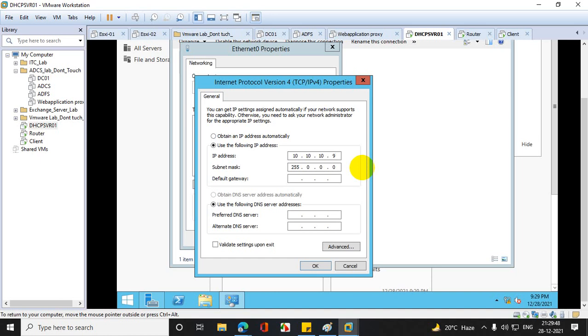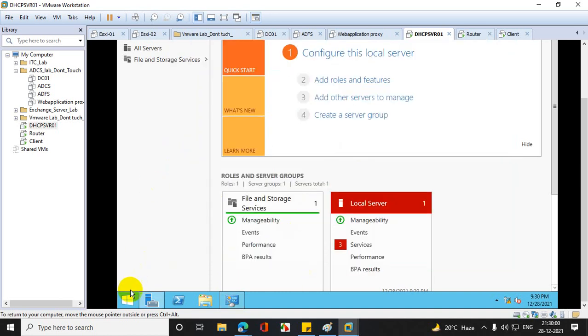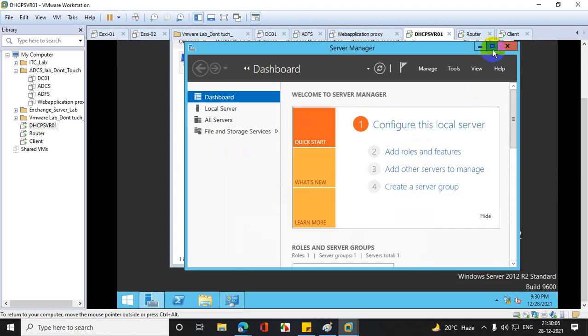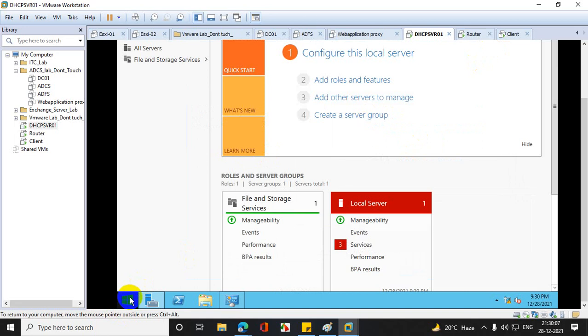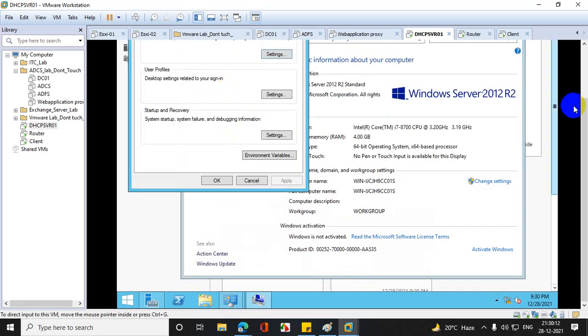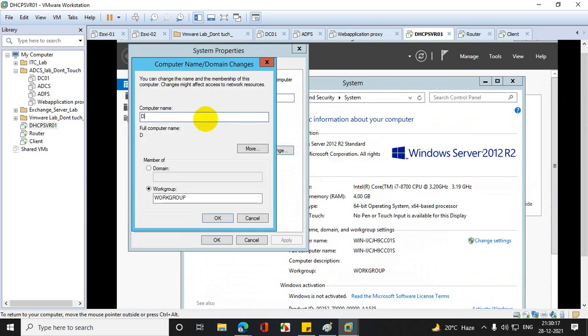Router will be 10. Sorry, it will be 8.1. Perfect. Now what I need to do is change the computer name to DHCP SVR01.